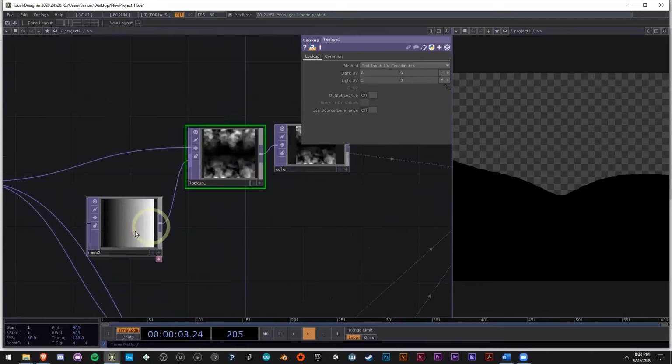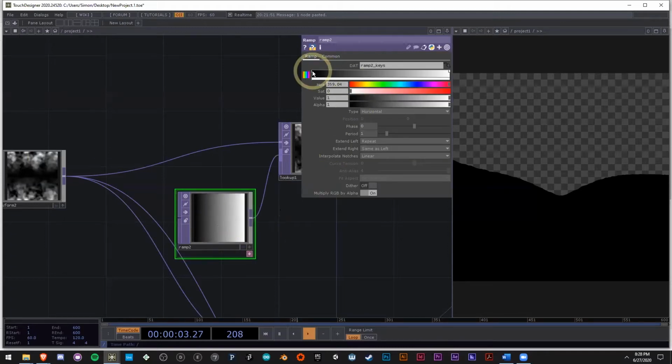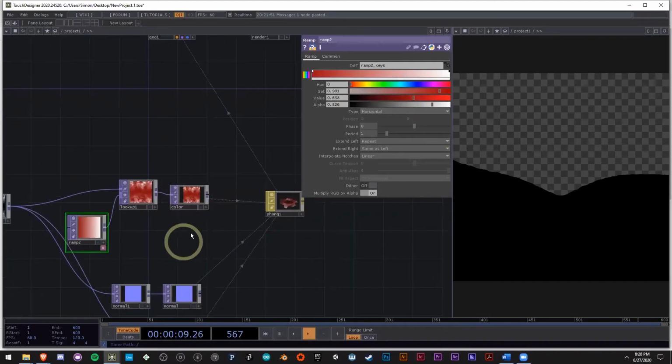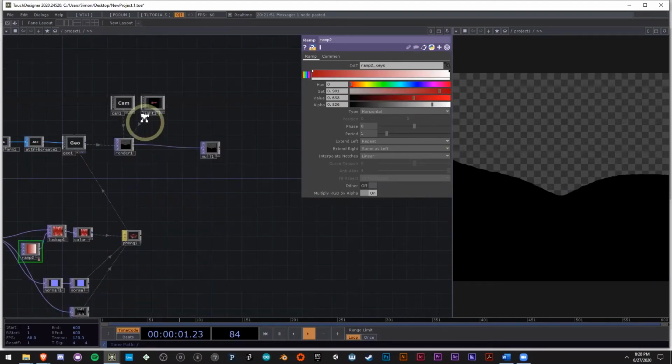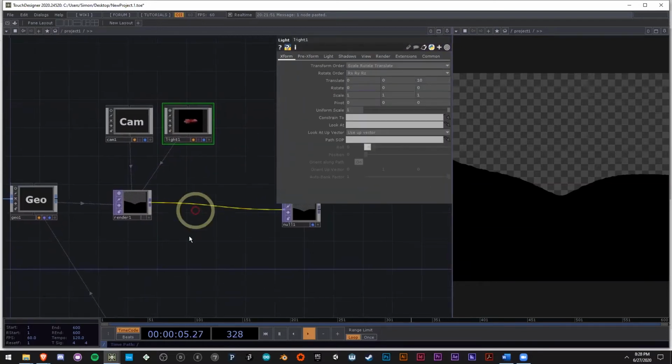And so far nothing has changed, but what this will do is remap the darkest to the lightest points of my image along a gradient. And so I'll go here and start to add a little bit of color. Something is not happening here. I wonder if I moved it into a weird spot. Oh, I think my light is not in a good position, but we'll